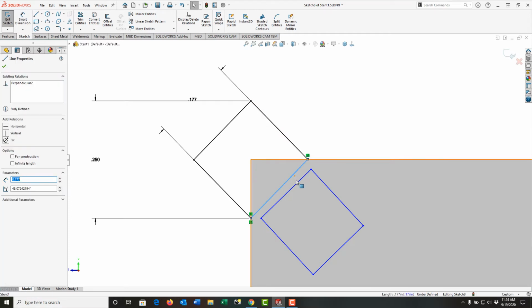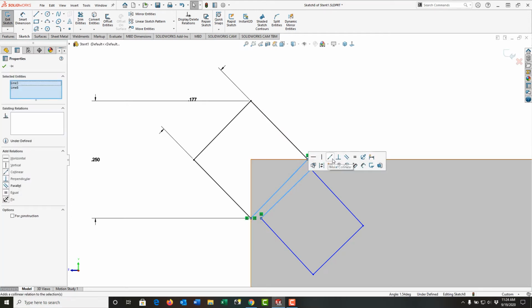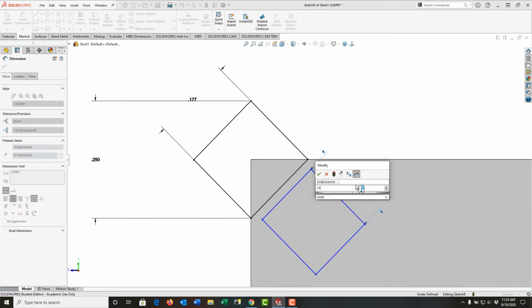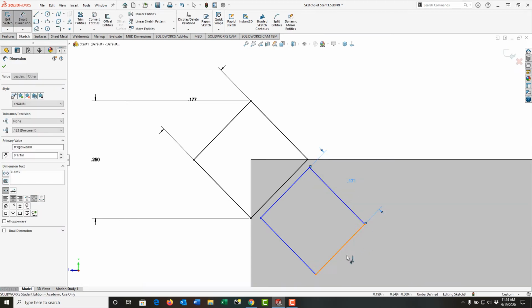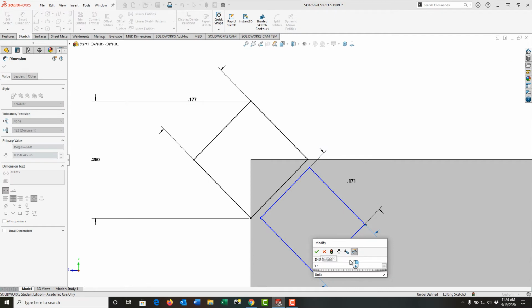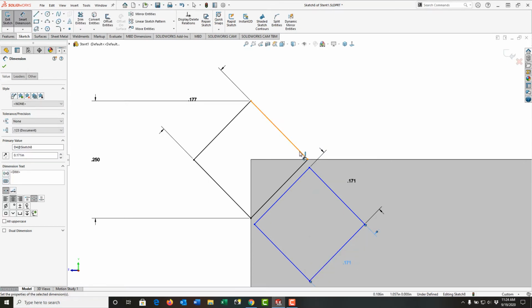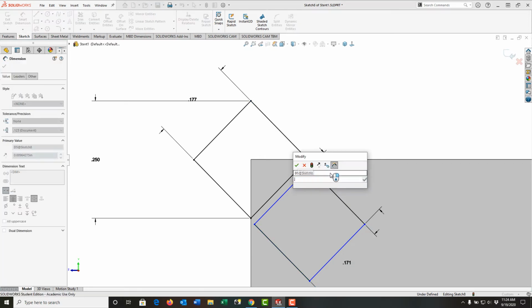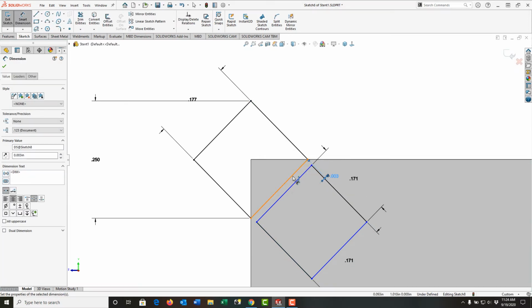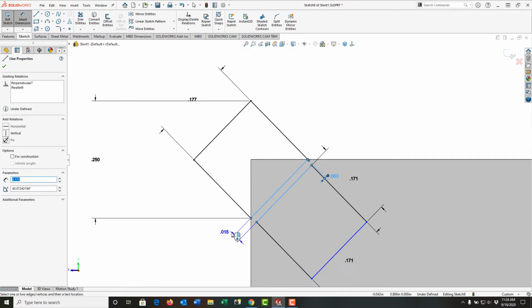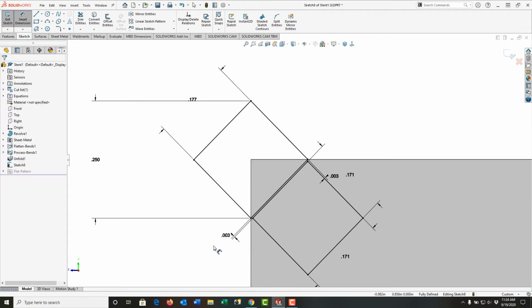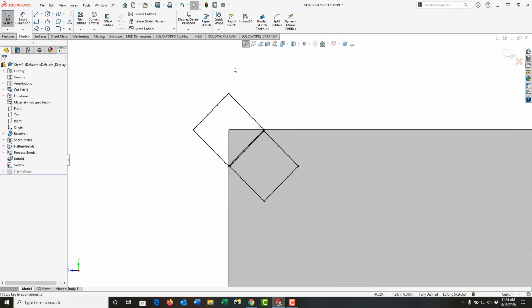So I'll select this line and this line. I'm going to make these parallel. Then I'm going to add my dimensions. So this side will be 0.171, as well as this side. And then from this edge to this edge will be 3 thou. And the same thing here, from this edge to this edge will be 3 thou. So I'm just going to push escape, and I'm going to fit my geometry to the